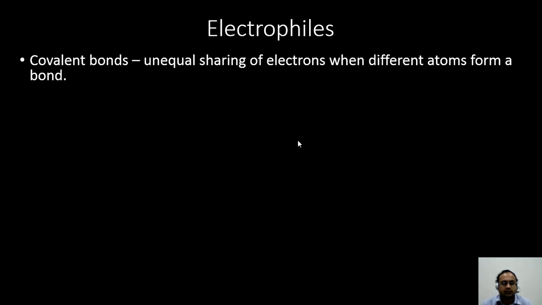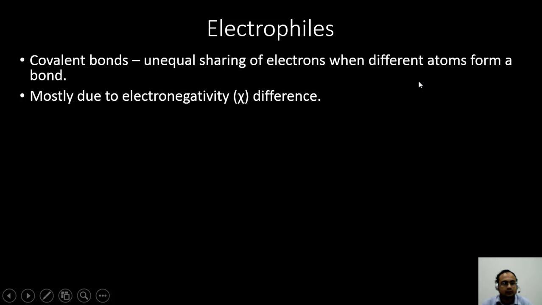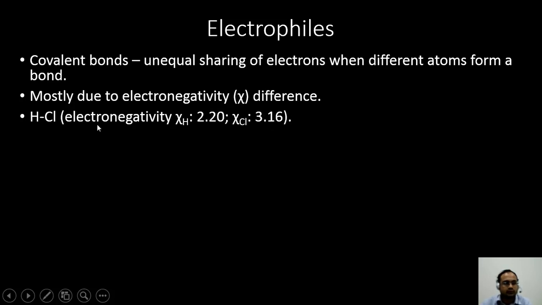Now in organic compounds there are covalent bonds, and there is unequal sharing of electrons in a covalent bond only when different atoms form that bond. This unequal sharing is mostly due to the differences in electronegativity between the two atoms which form the bond. For example, let us take hydrogen chloride, or HCl. This has a covalent bond between H and Cl, but there is a large electronegativity difference between the hydrogen and the